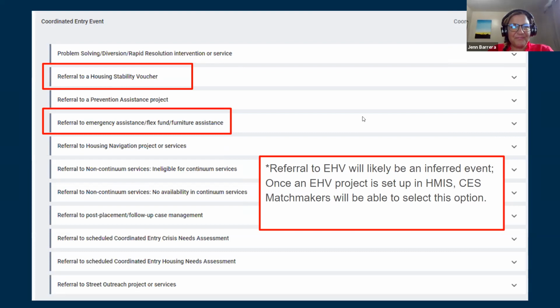Awesome. All right. So again, a lot of these referrals are primarily made by the CES team. So if you or your end users have a question and are not sure, they should be reaching out to the CES staff, and the HMIS staff and CES staff will work together to answer any questions.